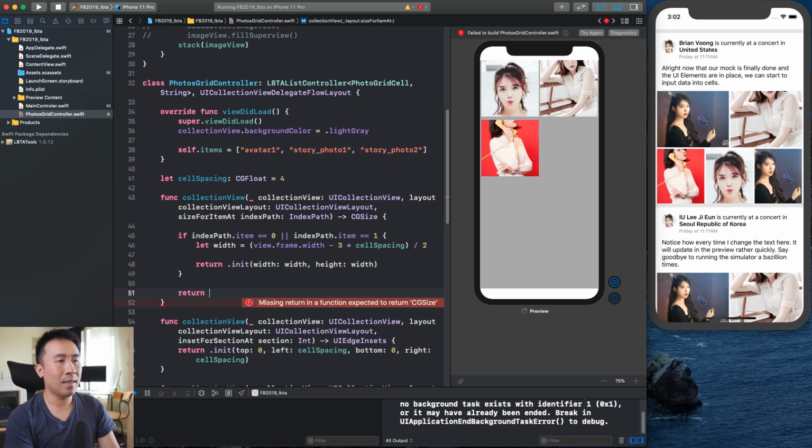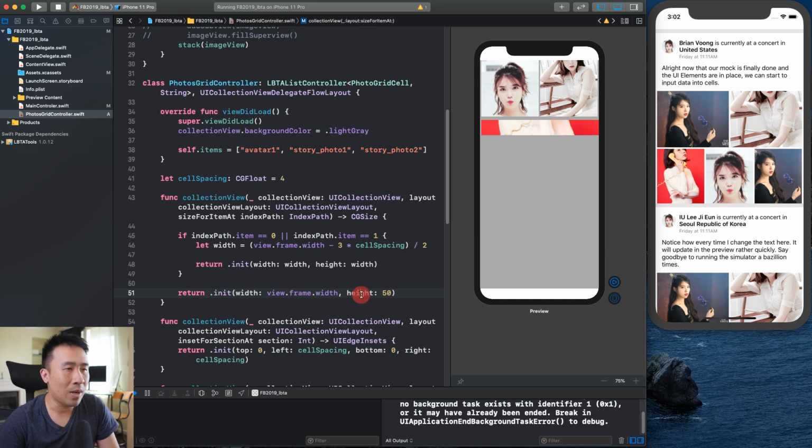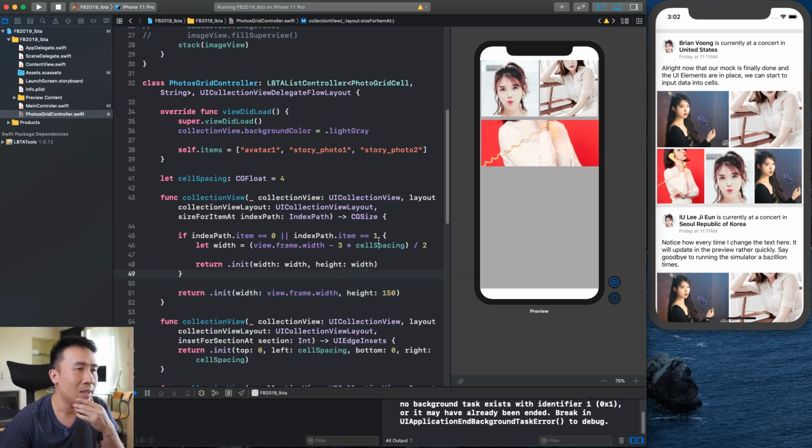So you can just take this and init with, let's see, the width is view frame width like that. And maybe this guy is just a value of 50. Okay, I'm going to render that out, maybe bring this to 150, and you'll see the third photo right here. So if you want to render out 5 cells, right, all you got to do is to take this and